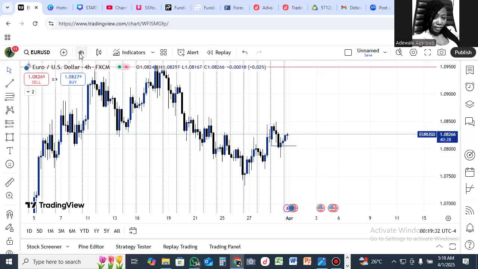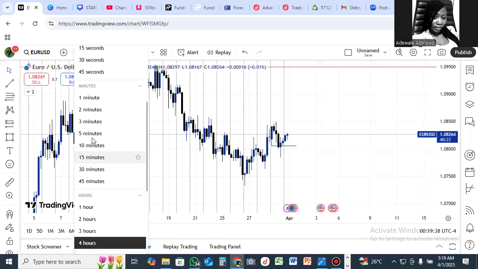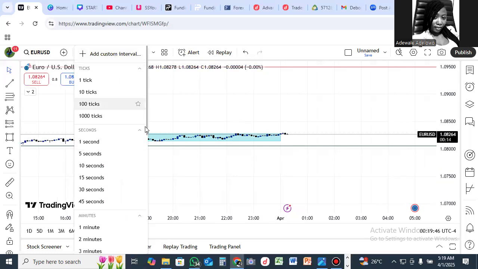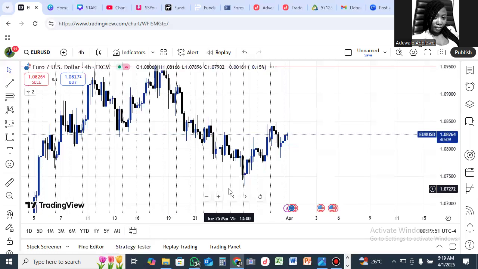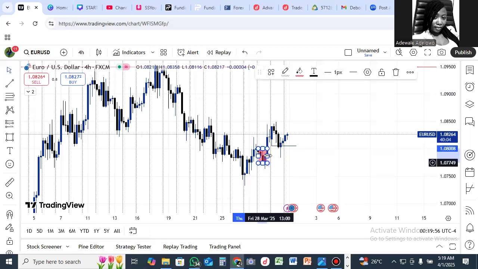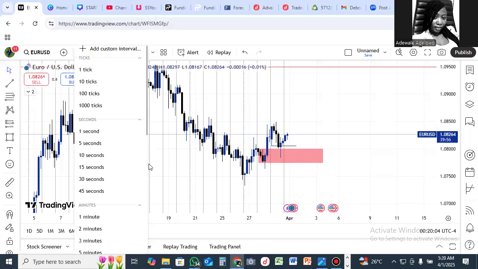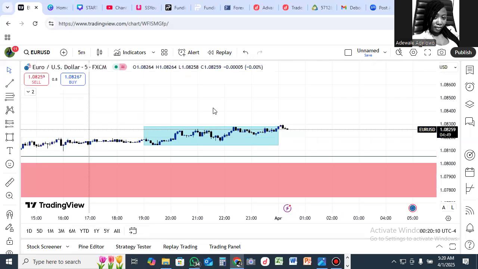If you can see a market structure shift here, go back to 5 minutes. If you can see a market structure shift at 5 minutes, then you have your trade. Okay, sorry. At 4 hours, I think I already did this analysis before I started making this video. So there is this other block here, and it's from that other block that I need my market structure shift. So from this point,